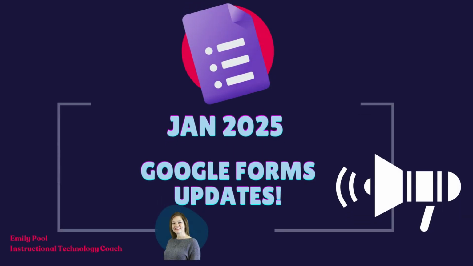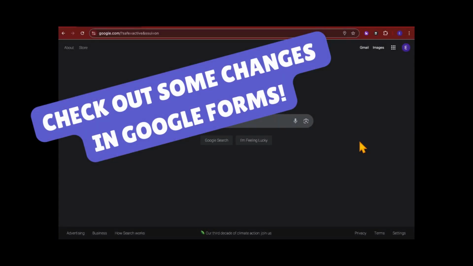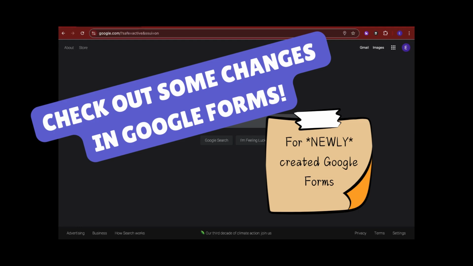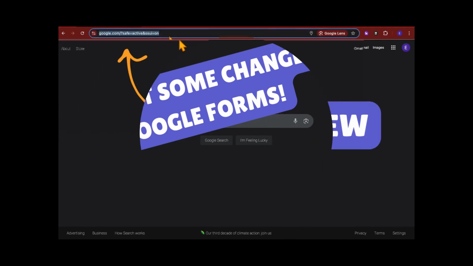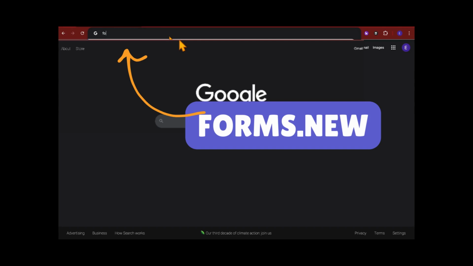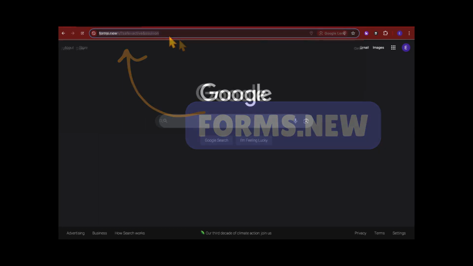Let's take a look at some of the new features and changes that have happened in Google Forms. Note, you will only see these changes in new forms, not forms you already have created. My first tip, this is an oldie but a goodie, is to type in forms.new, opens you up to a